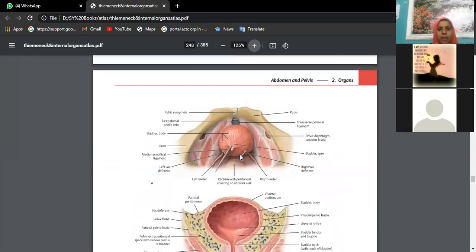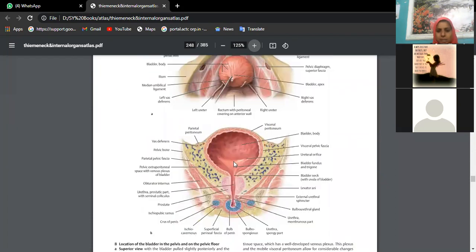This is the urinary bladder. This is the trigone area where you do not have any mucosal folds. You have two openings. One is right ureter and the other is left ureter. This area is interureteric ridge, also called the bar of Mercier. When the urinary bladder is full, the distance will be 5 centimeters. When the urinary bladder is empty, the distance between two ureters will be 2.5 centimeters. This area is trigone.